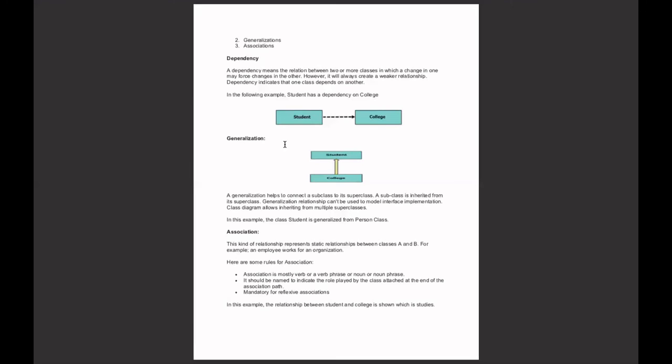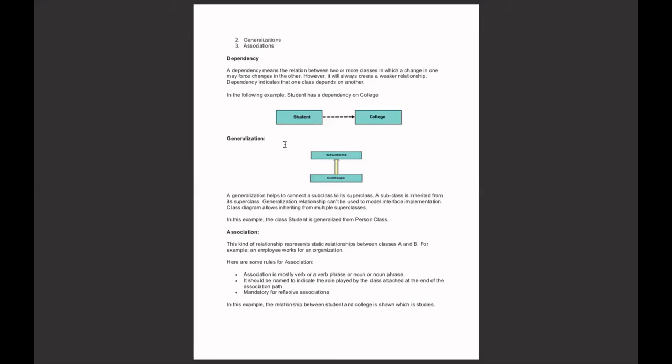In the given example, the class student is generalized from the person class. A generalization is a relationship between a general thing, called the superclass or parent class, and a more specific kind of that thing, called the subclass or child class.